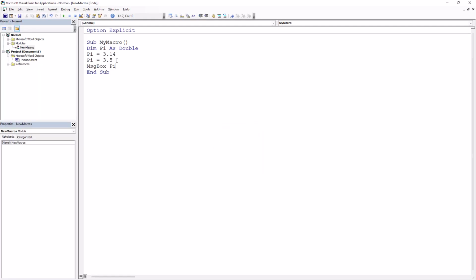But if you want to prevent that because pi never gonna change, instead of using the keyword dim, we're using const. And if I click somewhere else, you see it is a compiler error. You have to assign the value exactly here. So instead of these, allow me to remove it. I say equal 3.14. Now if I run my code something like that, constant pi as double with this value,